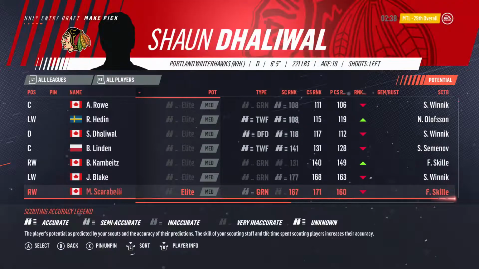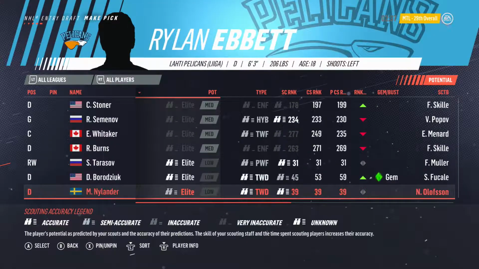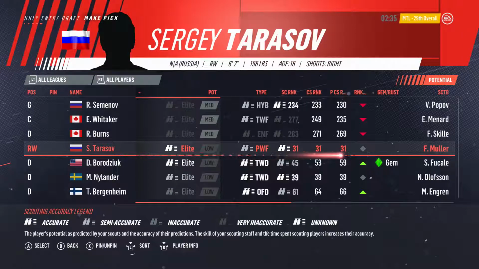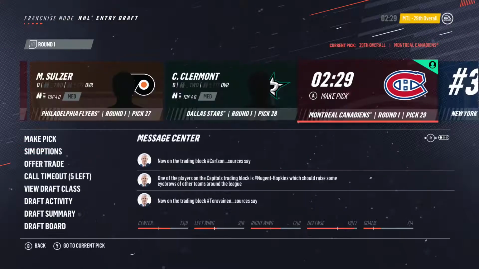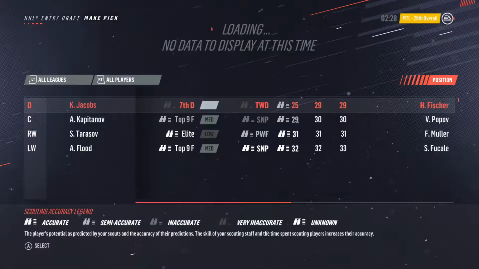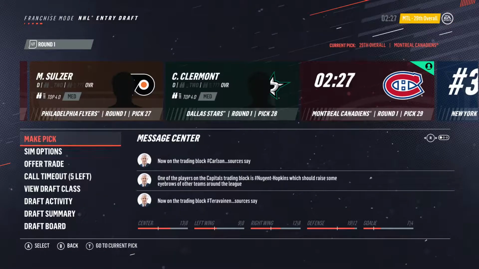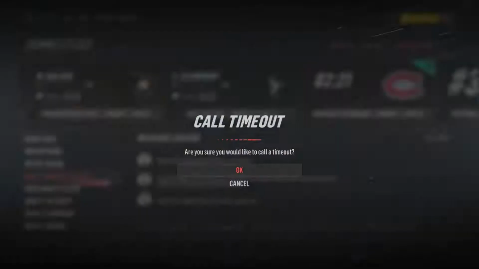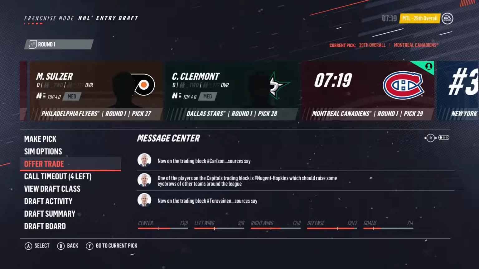So I'm thinking, maybe I can trade, or should I just draft Tarasov? I think I should draft Tarasov, and then I have 2 second rounders that I can use to draft those 2 medium elite players later on. But let me call a timeout here, and let's browse the trade block. Is there any way I can browse the trade block? I cannot. Okay, so